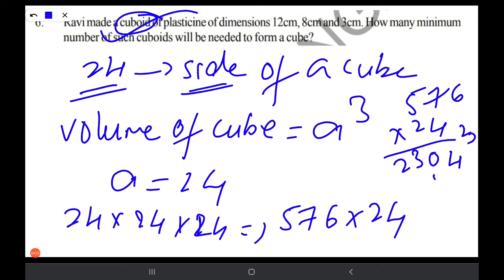And 2 sixes are 12, 2 here, 1 carried; 2 sevens are 14 plus 1, 15, 5 here, 1 carried; 2 fives are 10, 11. Now adding, we get 13824. So I'm erasing the screen. 13824 is the